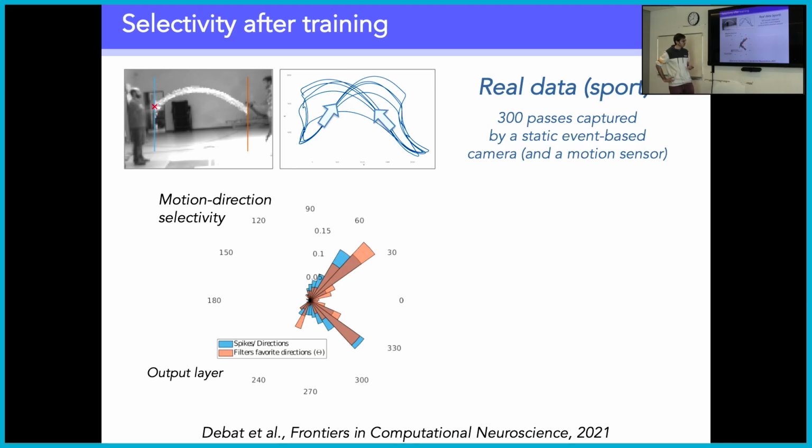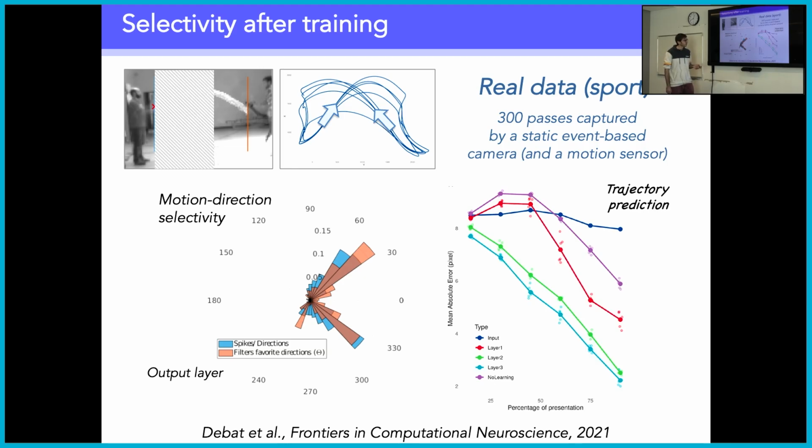From that, you can play a bit with the network. Something that we did was to see whether it's feasible, from the spikes generated by the different layers of the network, to predict the endpoint of the ball trajectory given only some part of this trajectory.